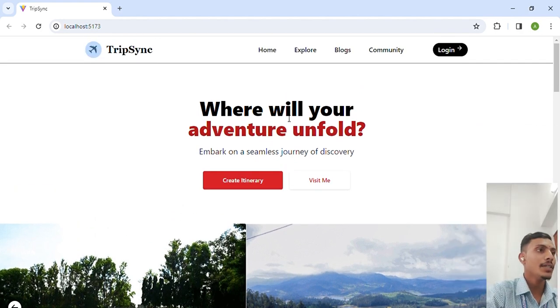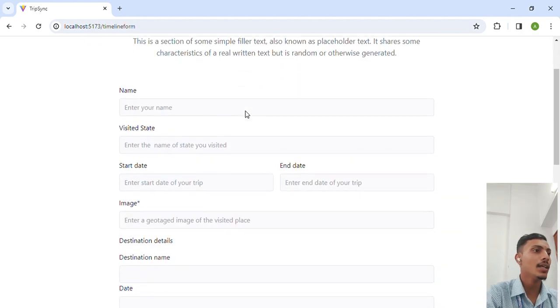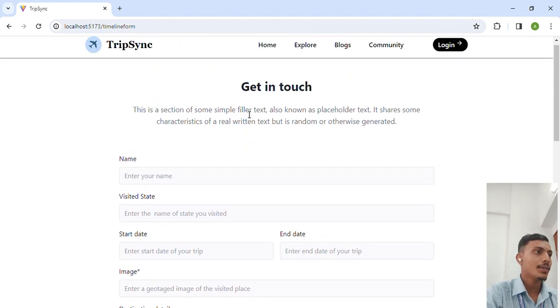So this is our landing page. We have tried to keep the UI as simple as possible and interactive as well. So beginning with our project, here we have a simple div containing links for creating itinerary as well as a link to maps. From here the user can create his itinerary for his visit to any specific place.